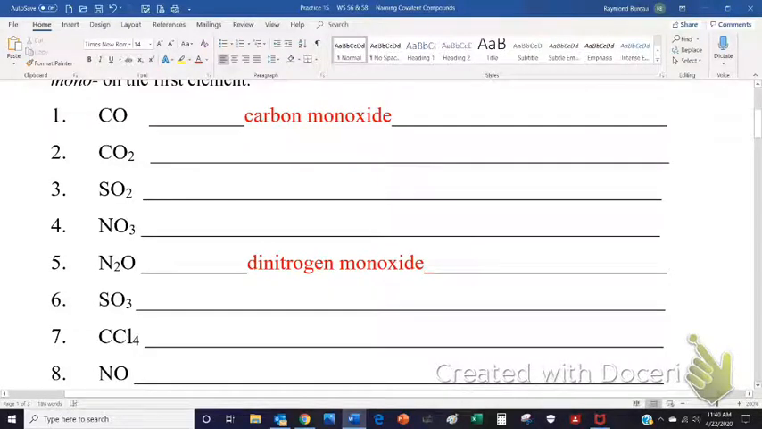And you see number 5 is already finished, N2. 2 is di, so dinitrogen monoxide. It would be mono-oxide, but we try not to run those couple of vowels together. Okay, so what we're going to do is start here